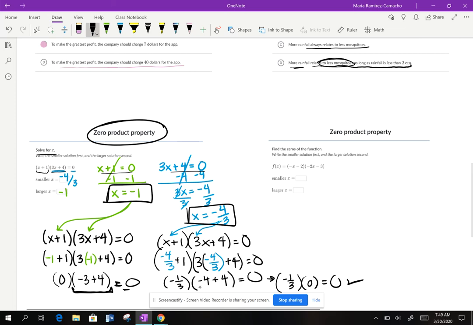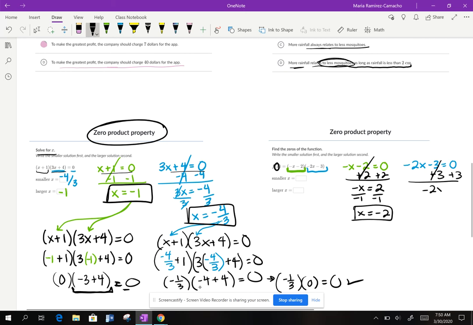This starts with f of x, but it's going to be the same deal, okay? We have two binomials being multiplied together, it equals 0, so let's set both equal to 0. This is negative x minus 2 equals 0. This is negative 2x minus 3 equal to 0. Okay, solve. Plus 2 plus 2. Okay, I need to get rid of that negative. What I can do is divide by negative 1. So x is negative 2, and then